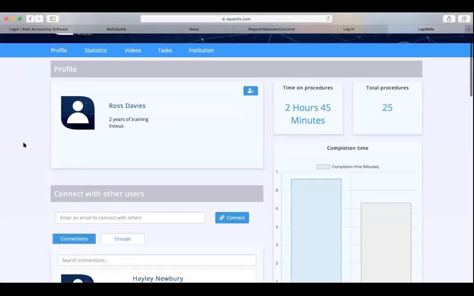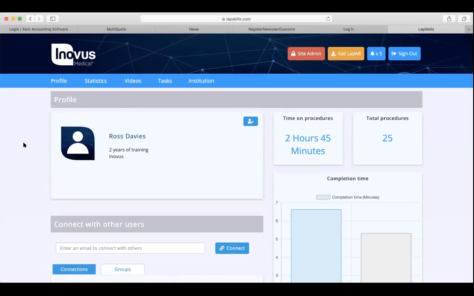So there's an important thing to note here that you can look at this platform as the trainer, so the proctor delivering the training, or the trainee. And I would like to look at it from the trainer, so the person that is delivering the training and driving the training. So that, in this case, would be Ross Davis. So that would be the lead trainer here. And this is Ross's landing page when you log in. And as I mentioned, you can log in anywhere that you've got an internet connection.